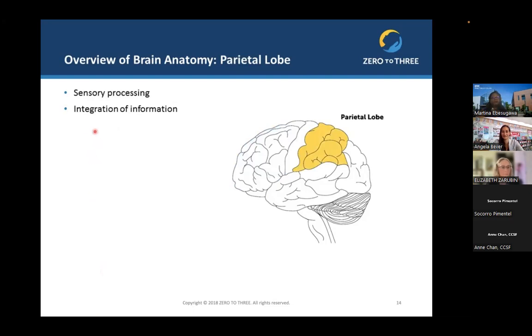The next section of the brain is the parietal lobe. And this section of the brain is really important because it has to do with sensory processing. And so this lets the child know that, oh, don't go near the heater in the classroom. It's too hot. You might get burnt. Or maybe the snow, if they're playing in snow, if they're in a cold climate, that the snow is cold. So this is where the sensory information gets processed as well.